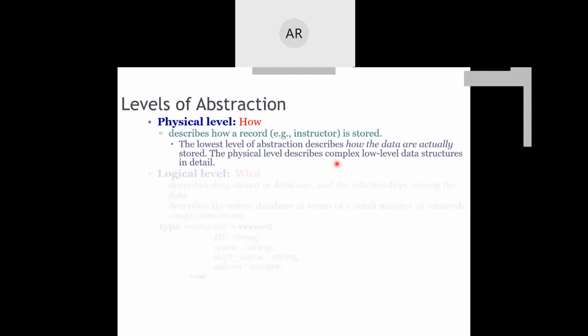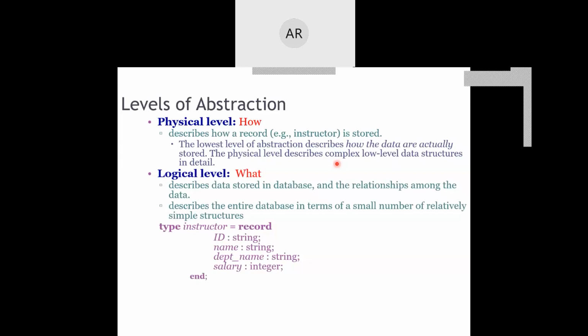The second level of abstraction is logical. For example, as I said, let us talk about a student database. When I talk about a student database, a student will have a name, PIN number, and marks associated. All that will be saved in one single row. One row for each student will be taken. Each row is called a record.